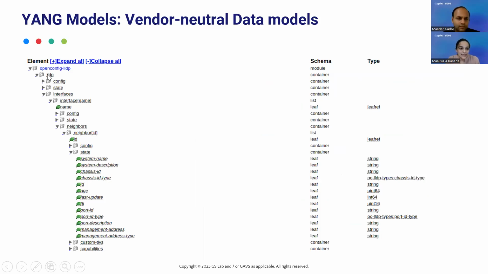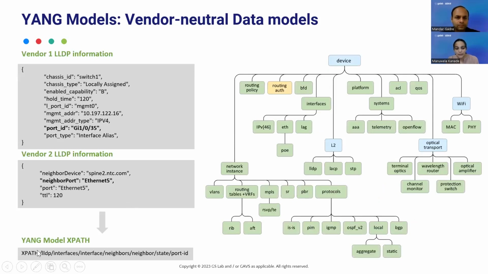So if you see this LLDP data model, it will have config and state information, then interfaces, under it neighbor information. Under that neighbor, you again have state information, and that's where this port ID is. So you have this whole nested path of reaching a certain property. And they have made it quite uniform across all those data models. And this can also be represented as a path here. So if you see this down here on the left-hand side, it's called XPath for this port ID property. The same thing that we saw in a tree structure can also be represented as a path like this, with LLDP, interfaces, neighbors, and port ID.